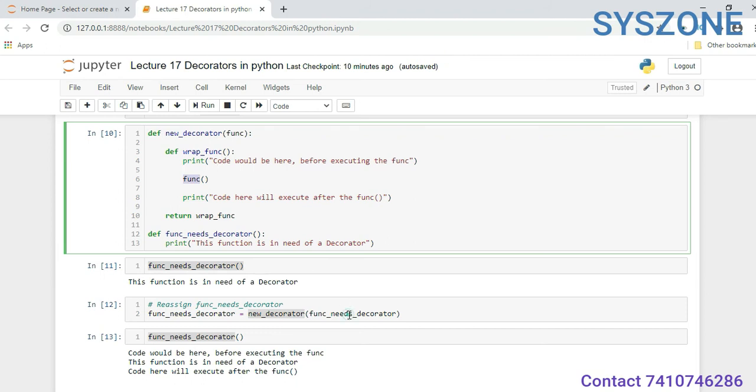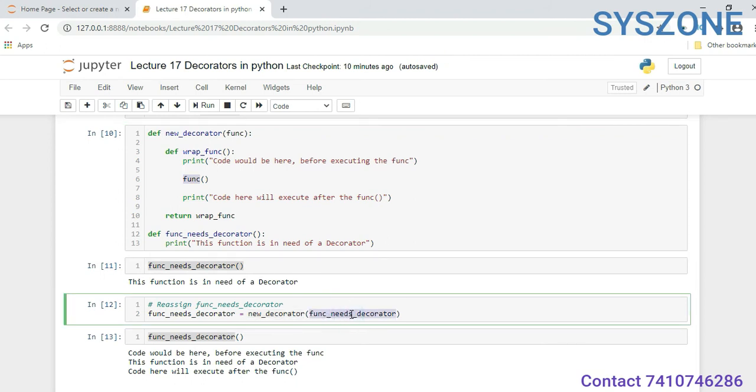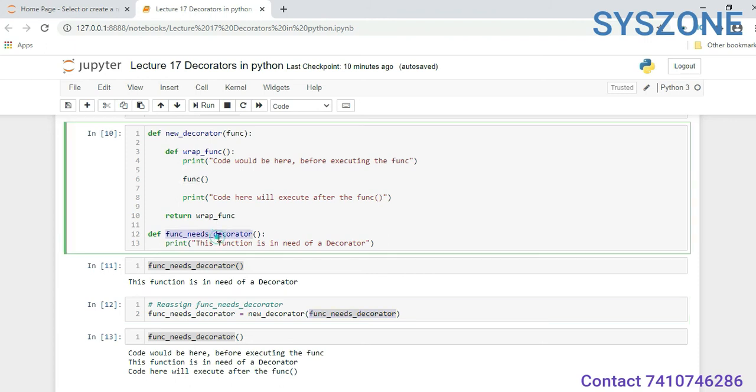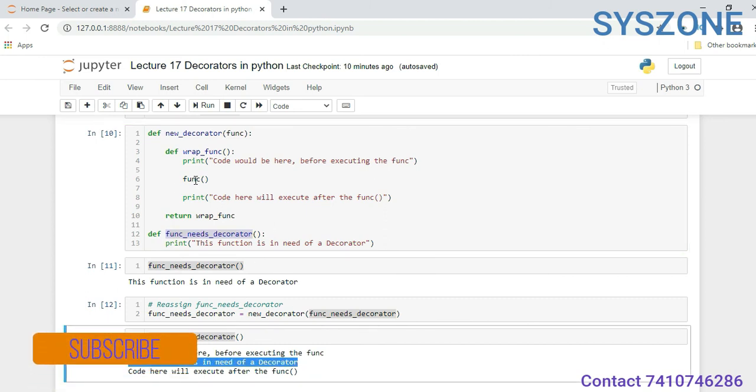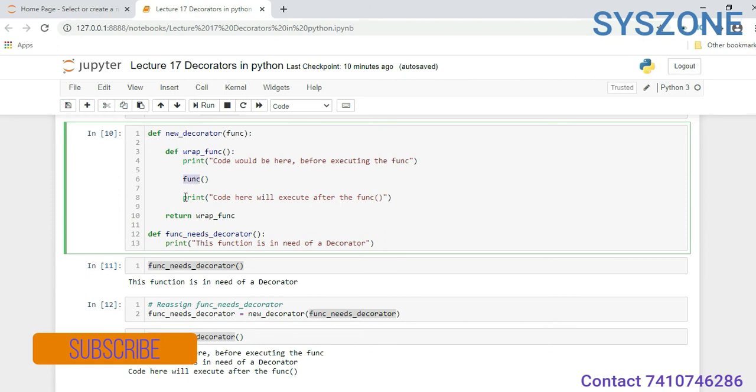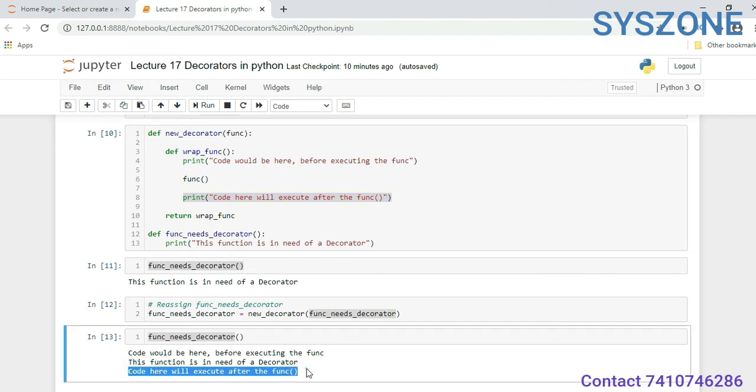So what we pass in this variable, func_needs_decorator, it will call as a function. This function is in need of decorator, so it will print "this function is in need of decorator." After completing it, it will print this statement: "code here will execute after func."